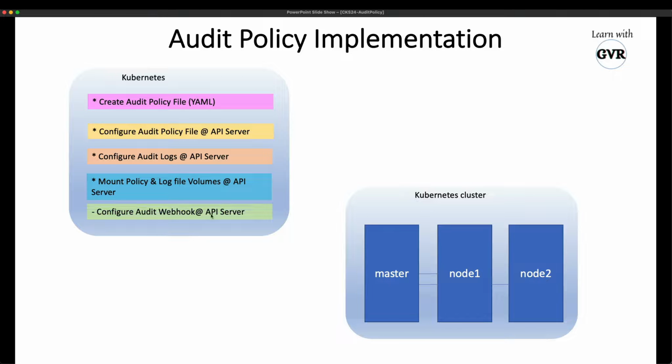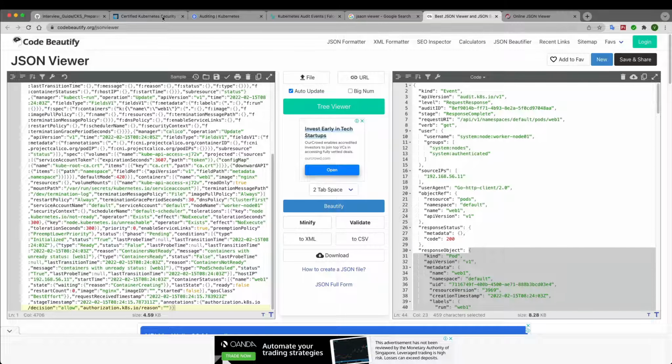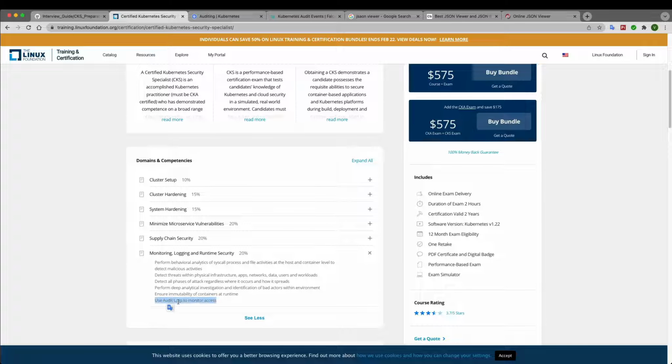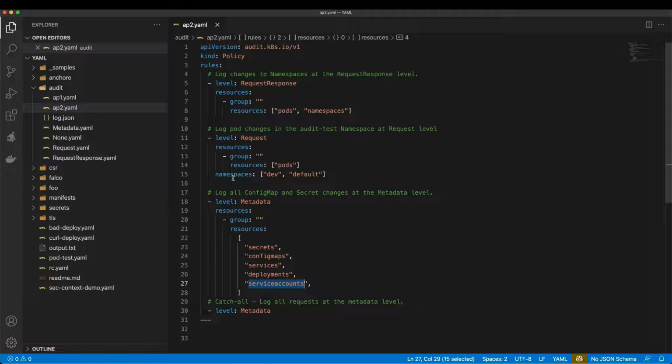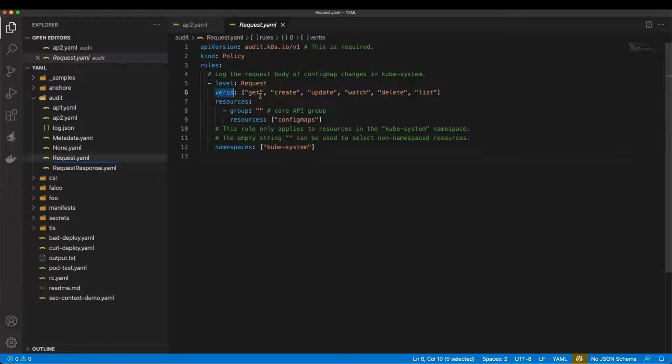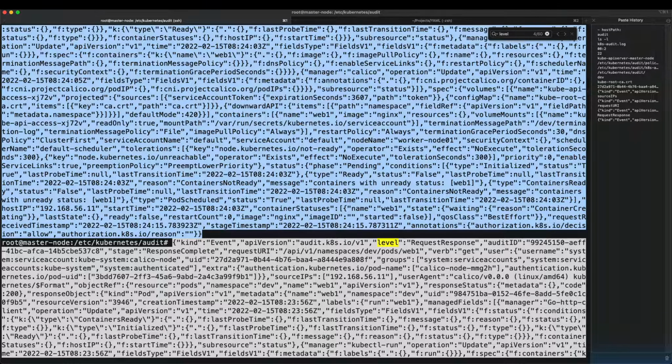And one good thing is, you can configure a webhook, maybe a Lambda or any other thing, so that it will trigger. This is the way you can use audit logs to monitor access. Here we are purely talking about the monitoring of access. So all access is nothing but the verbs you have to specify. If you look at the verbs, get, create, update, watch, delete, anything you can configure. And last but not the least, here